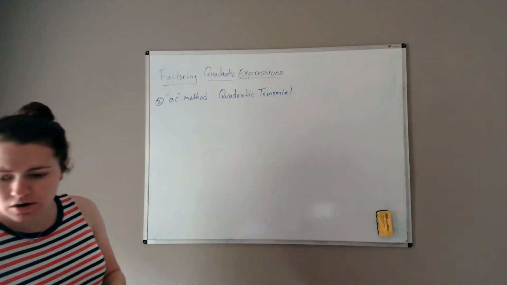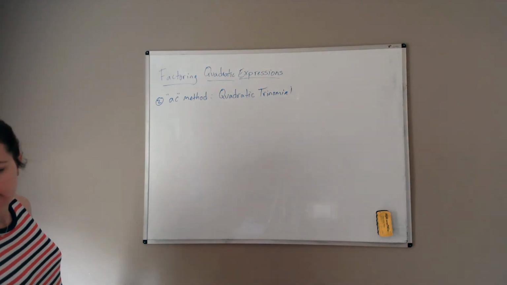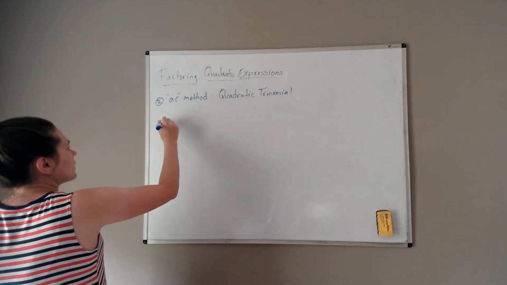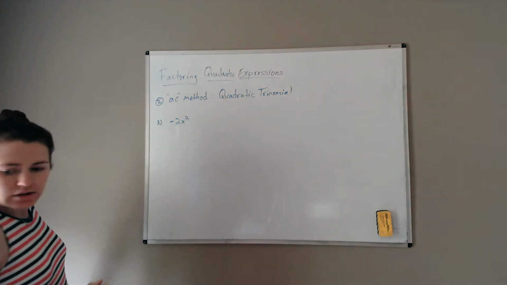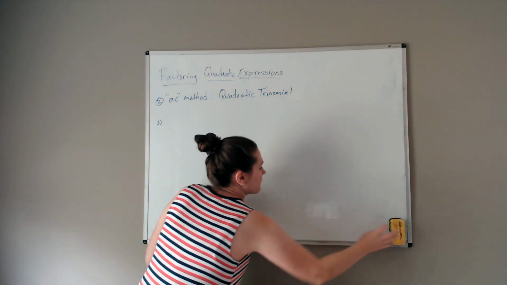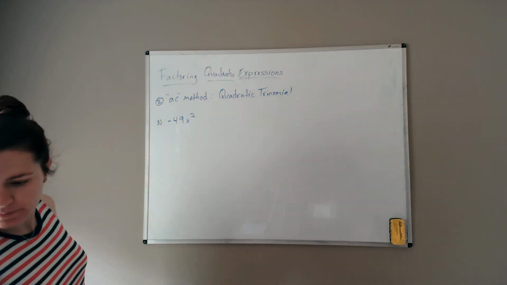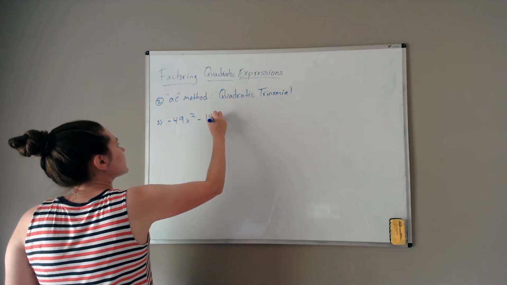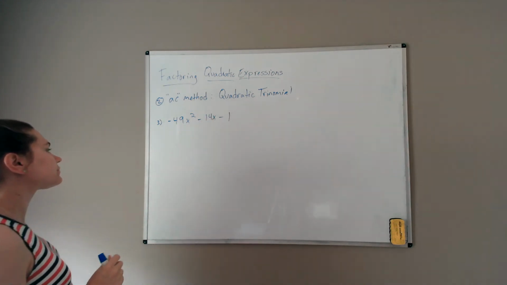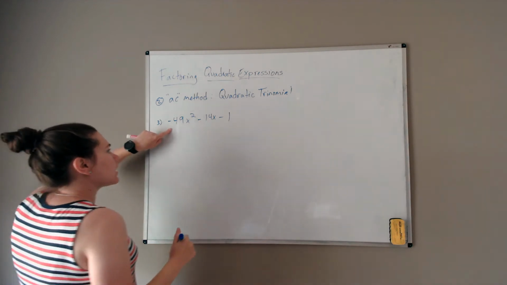Okay, so let's look at, we'll do number 3, negative 49x squared minus 14x minus 1. Okay, so what we have to do is, we have a quadratic trinomial here, and it's of the form